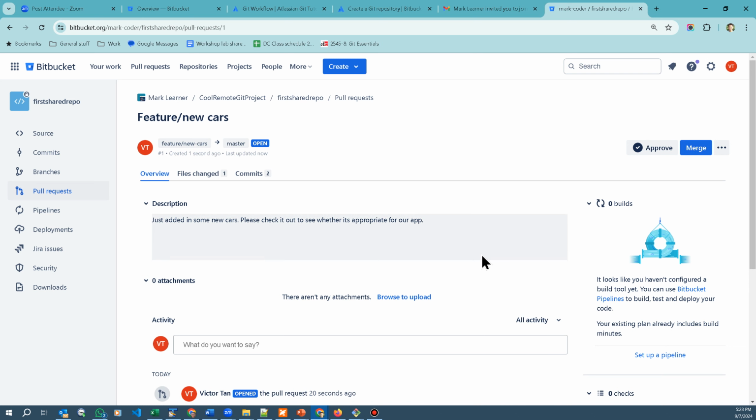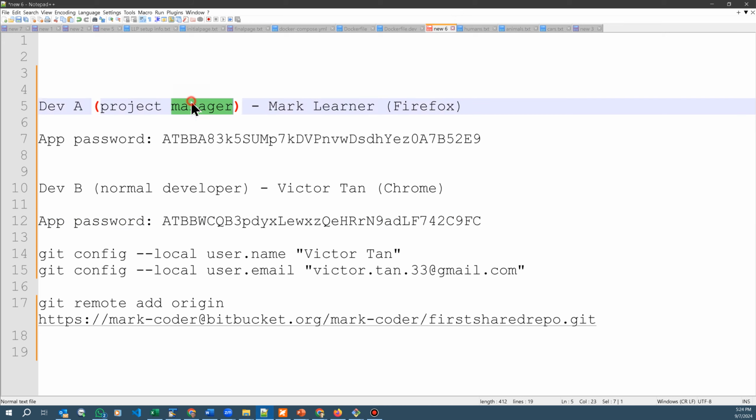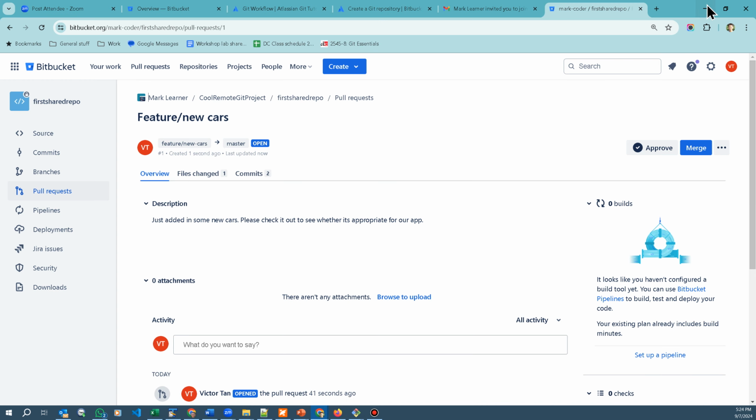Normally the person who will make the final approval is the project manager or the team lead. So in this case it will be developer A, because developer A is our project manager. So Mark Lerner, who is my project manager, is the one who is going to make the decision to approve. Before we do that, what will happen is developer A